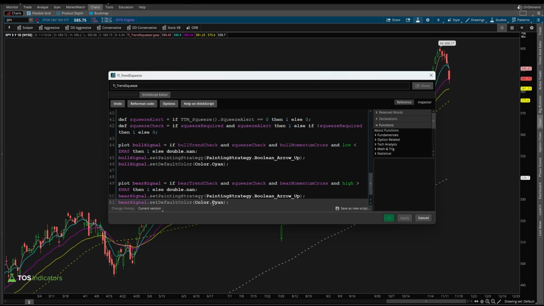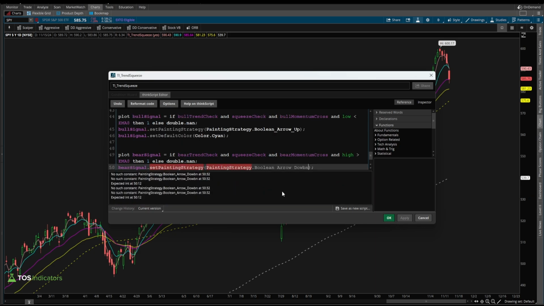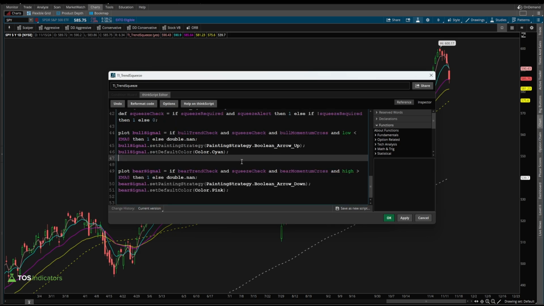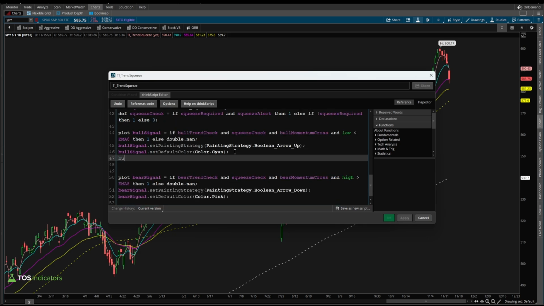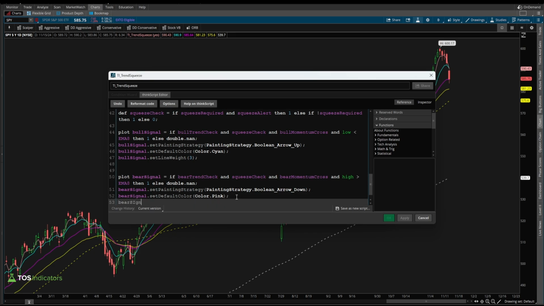Bear signal. We'll change our color here to pink. And we need to make sure that our arrow is looking for an arrow down. And then let's also add in, I want to make sure that this stands out. So I'll say set line weight, and I'll set it to a weight of 3, so it's not too fat. Bear signal dot set line weight, and this just makes the arrow a little bit bigger so it's easier to